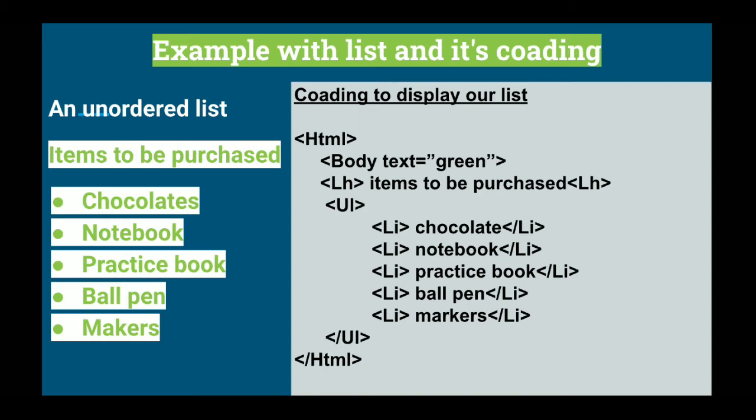And closing li. So in the same manner we have listed out all our 5 list items. Then after, closing UL tag and closing HTML tag. So this is the coding, students. To see the output you have to save the file with .html extension. Any file name you can give here. And then after, by double clicking on it you can see the output in a browser. So the same type of output will be visible on a browser screen.